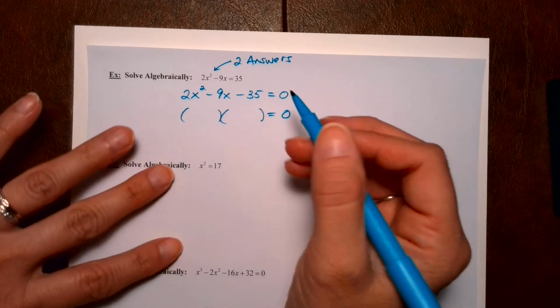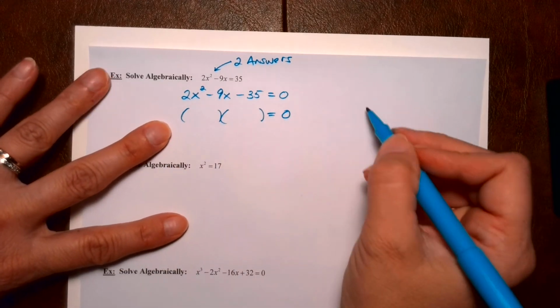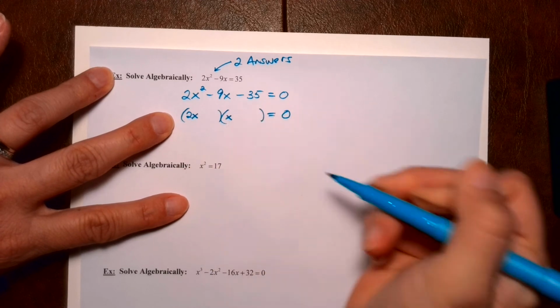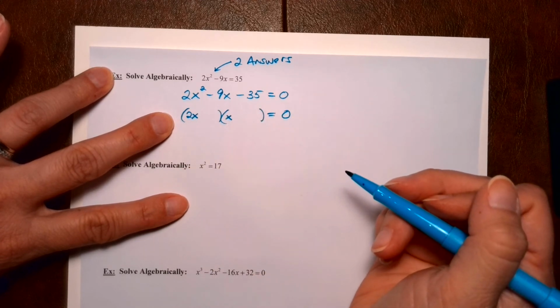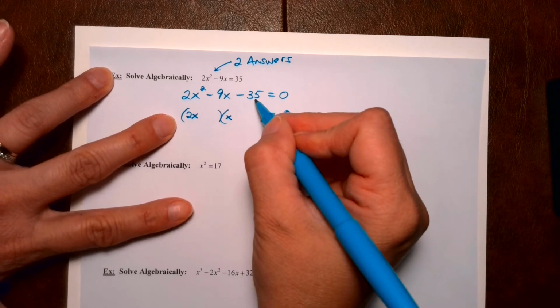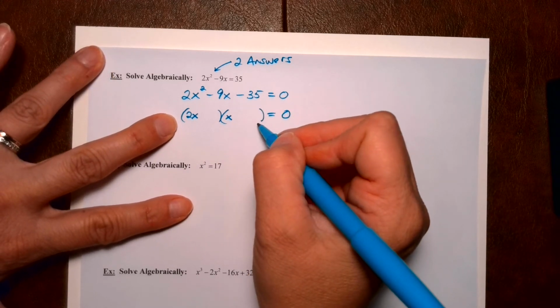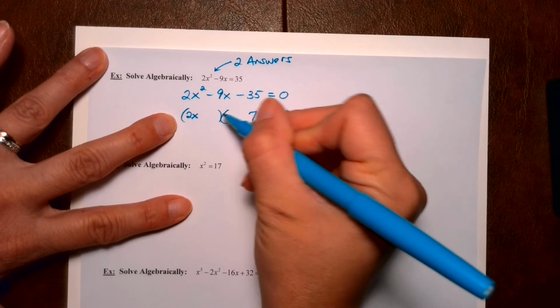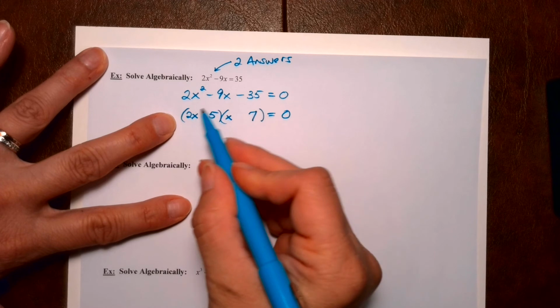Okay, so if you use the guess and check technique, or if you use the MA table, you definitely had to get a 2x and an x. Okay, and then we're going to get 35 is probably a 7 and a 5. Okay, so if I put the 7 here, and I put the 5 here, let's just go ahead and check